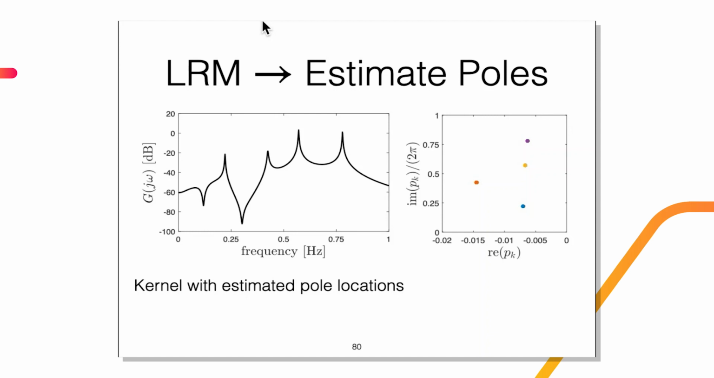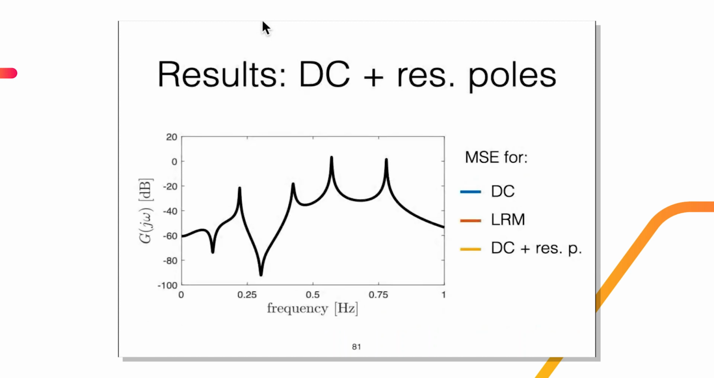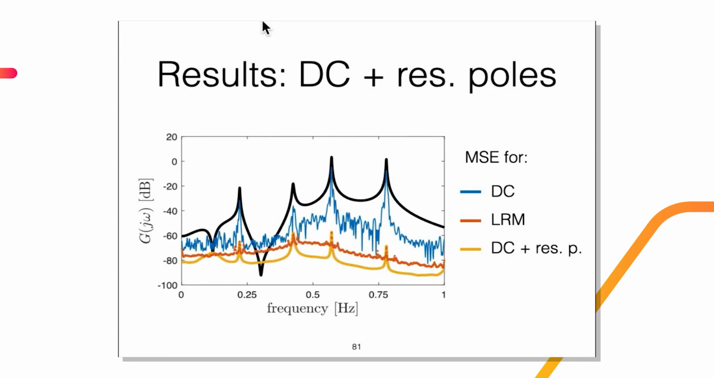Okay, so Noel uses that and defines a new kernel, which is the sum of the DC kernel and 4 of these resonating kernels. The DC kernel is there just to make sure that whatever has not been captured by the lightly damped resonances can still be captured by something that is more generic. As a result, that's again the true transfer function. And I showed you here the errors for the DC kernel, for the local rational method, and for the DC plus